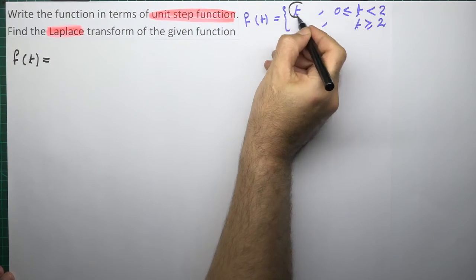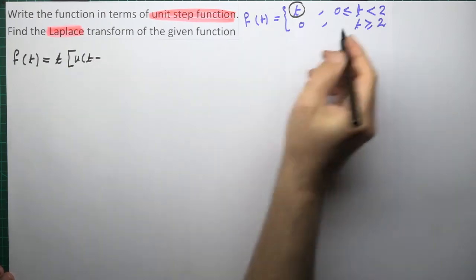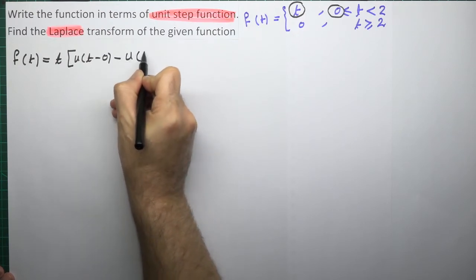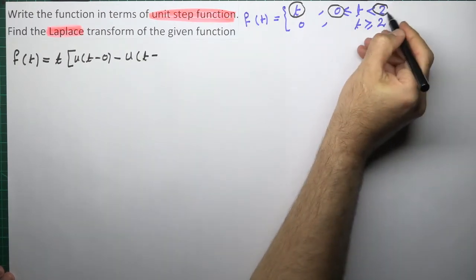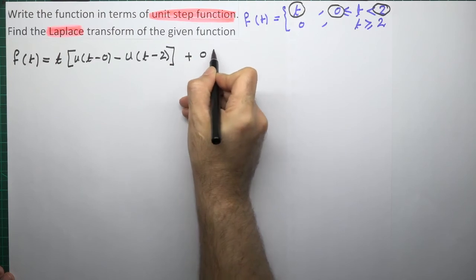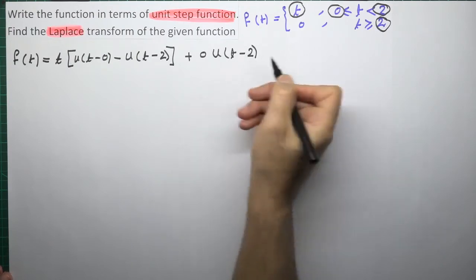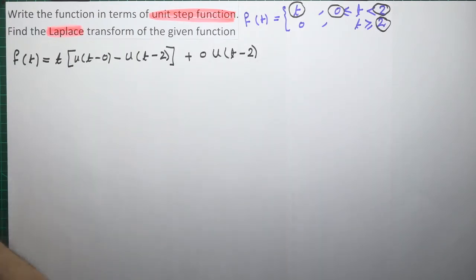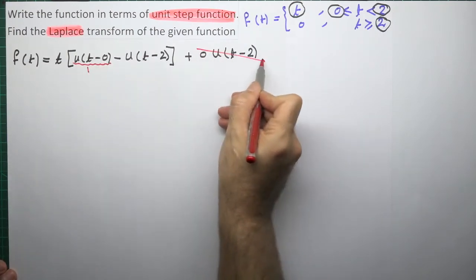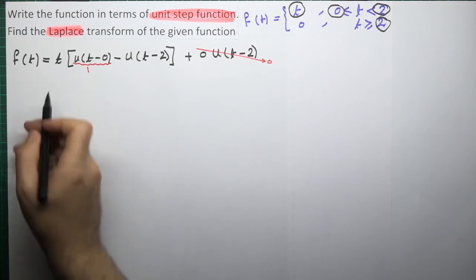We will take this function t, then u of t minus whatever we have here, minus u of t minus whatever we have here, then close this, plus 0 times u of t minus whatever we have here. Now what we know about this is equals 1, and the whole of this equals 0 because 0 times something, and it will be simply